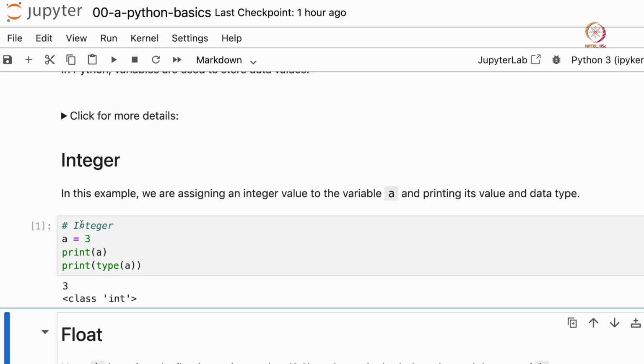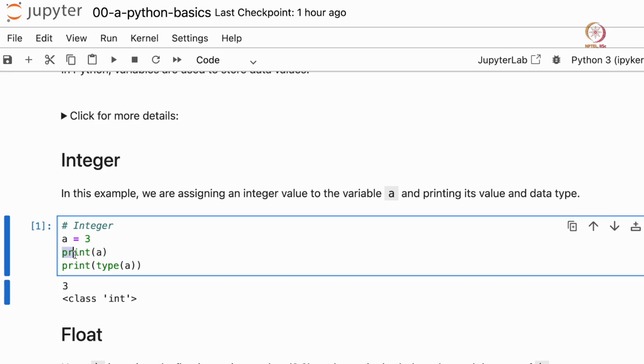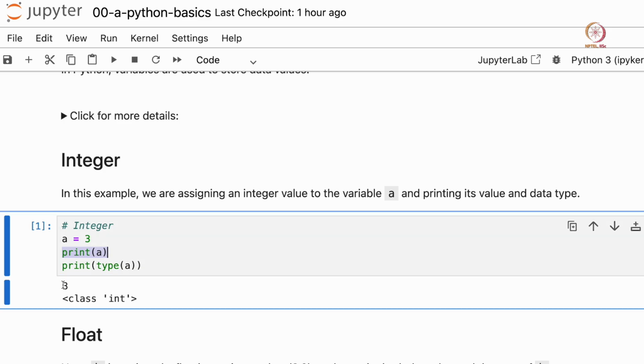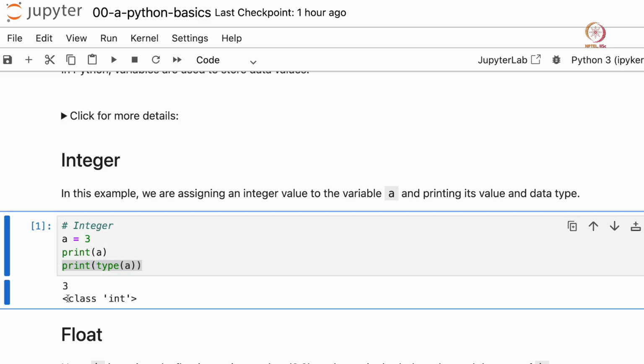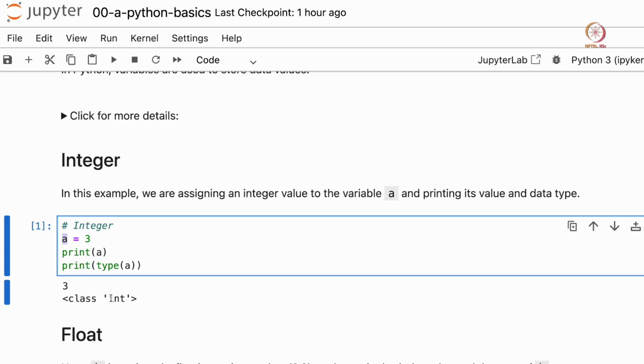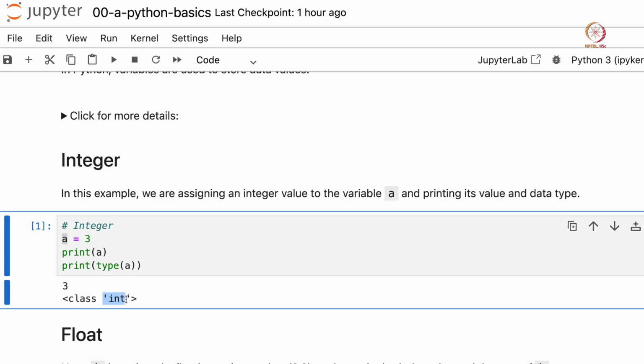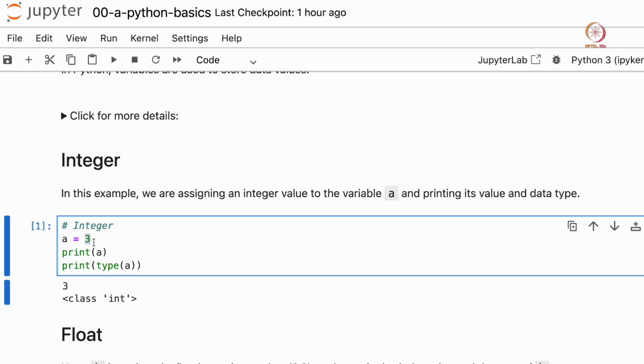This runs the cell and goes to the next cell. This code runs line by line. The first line is executed, A equal to 3. Then print A is executed, so it prints 3, and then it prints the type of A. The type of A reads class int. We'll look at what classes are later, but what this says is A is an integer data type, because we have stored 3 here.